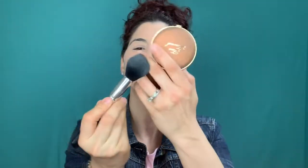Okay, we're going to bronze. And this is not by Clove Hallow. I'm just going to use my Too Faced bronzer. Sometimes I don't use the appropriate brushes, but it's okay because I've kind of learned how to maneuver things. This is a powder brush, and it's a little slanted too. But if you just tap or press that brush into your bronzer and pinch the bristles so they're a little stiffer,